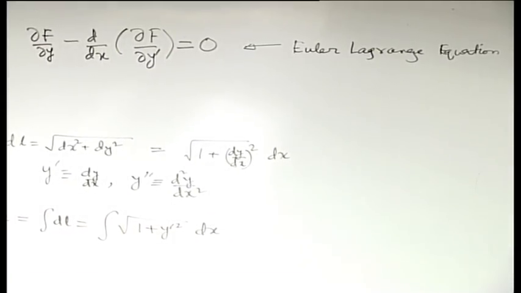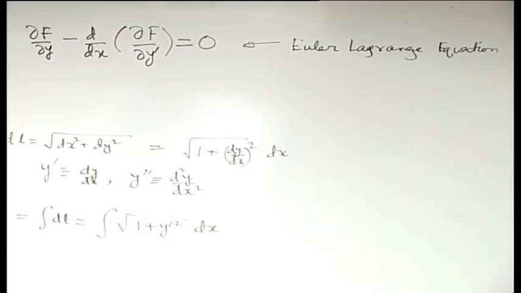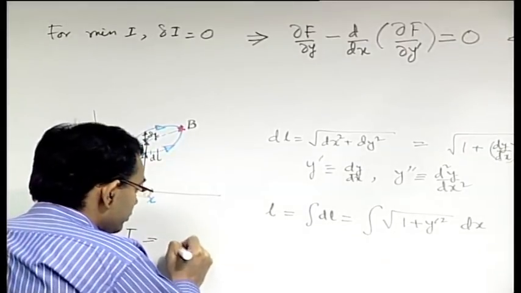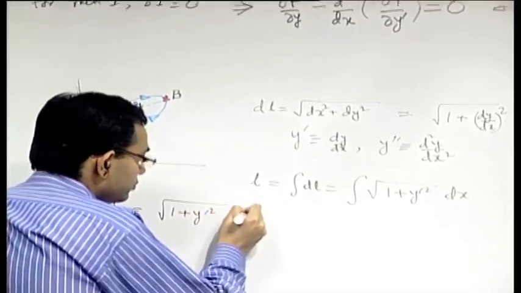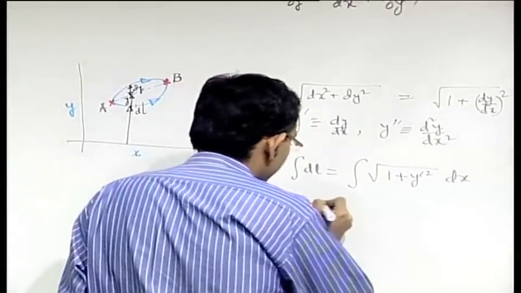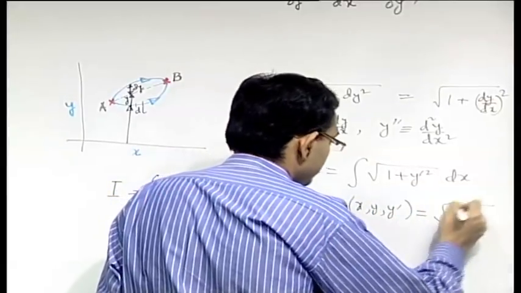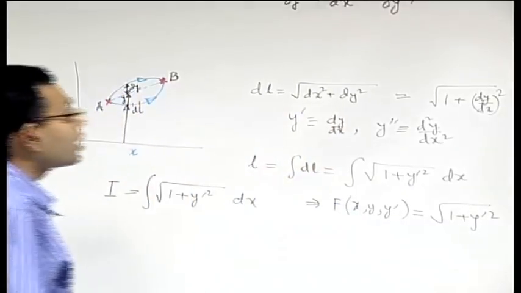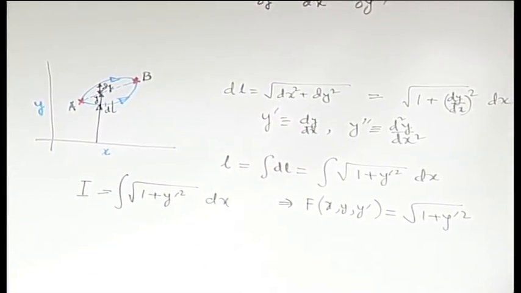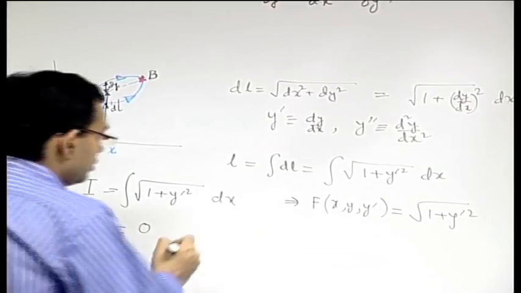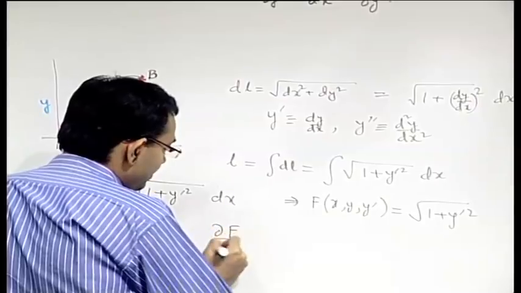So, in this example you have I is equal to, that means f is equal to, so partial derivative of f with respect to y is 0, partial derivative of f with respect to y prime